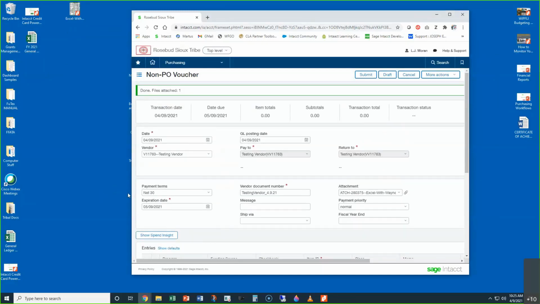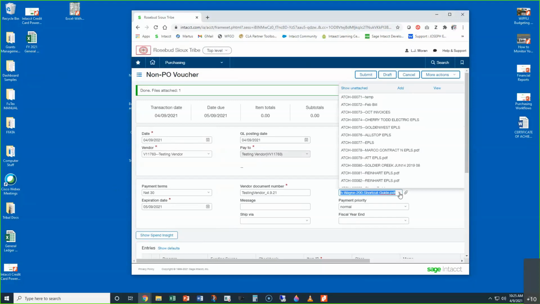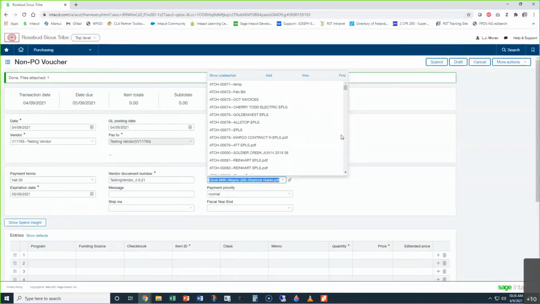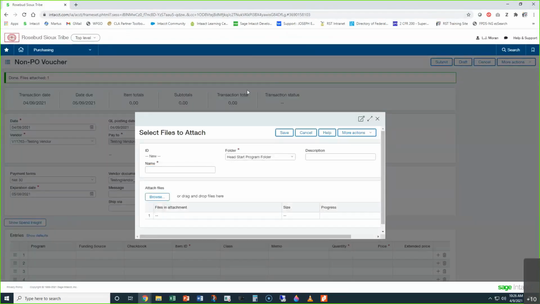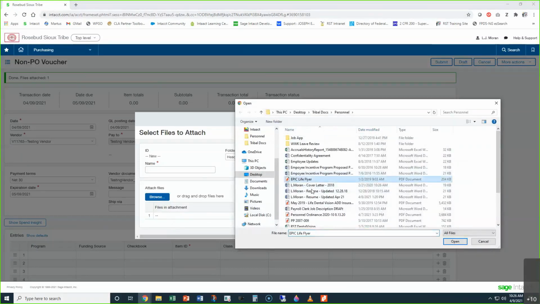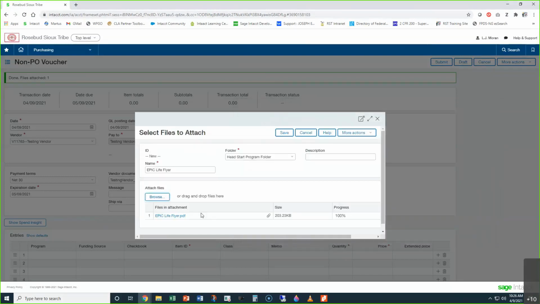And especially, if we're using the drop-down folder to manage our attachments, let me maximize this again. We have these two things. Are we going to add attachment or are we going to view attachments? Common sense would tell us if I'm going to add to this folder, I'm going to click add. So I click add, my files in the attachment are empty. And so if I went ahead and browsed, found another attachment on my desktop that I wanted to include, and click save,